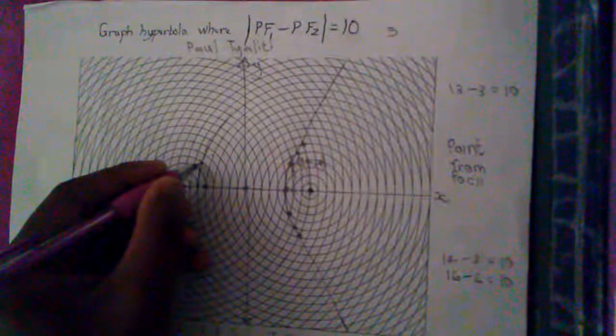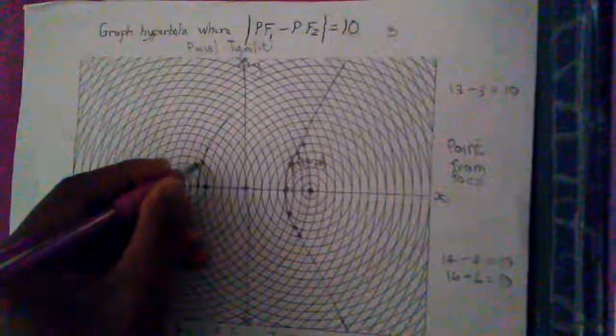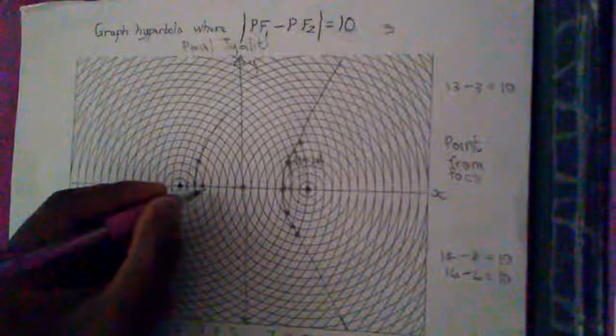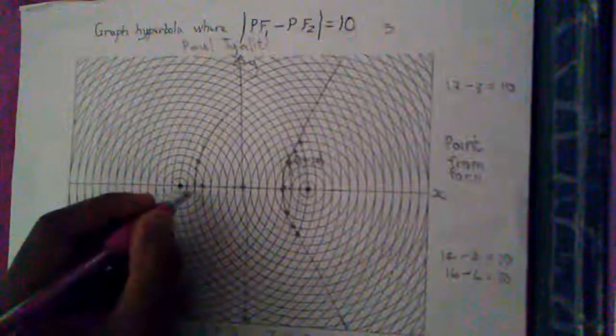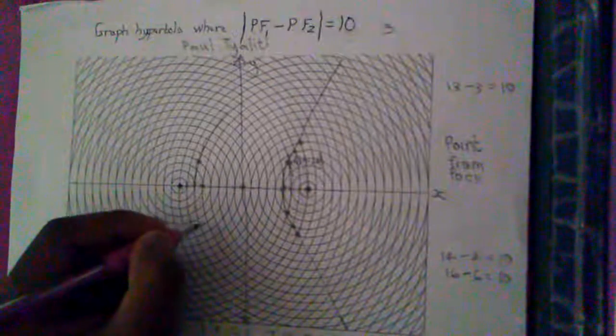So from here we have our other coordinate. We have the first coordinate of our hyperbola, and then we do the same thing with the same coordinate below the